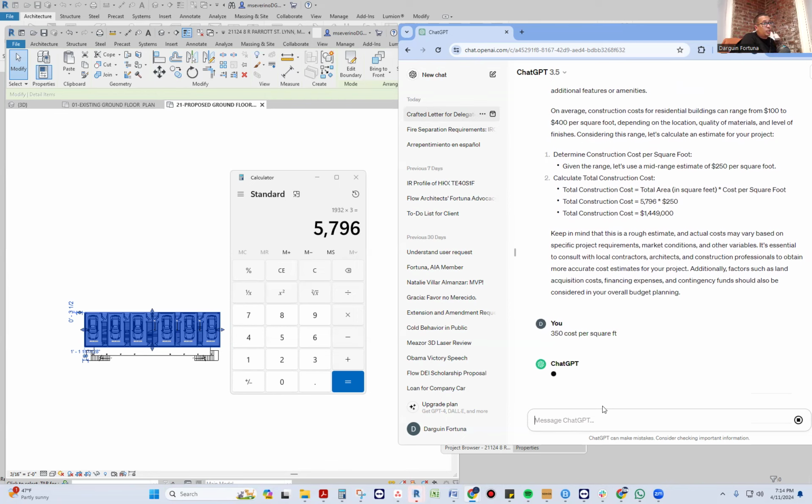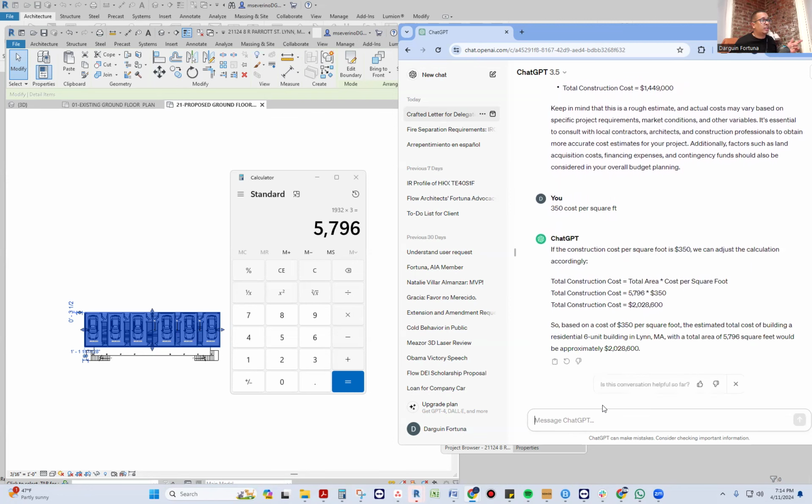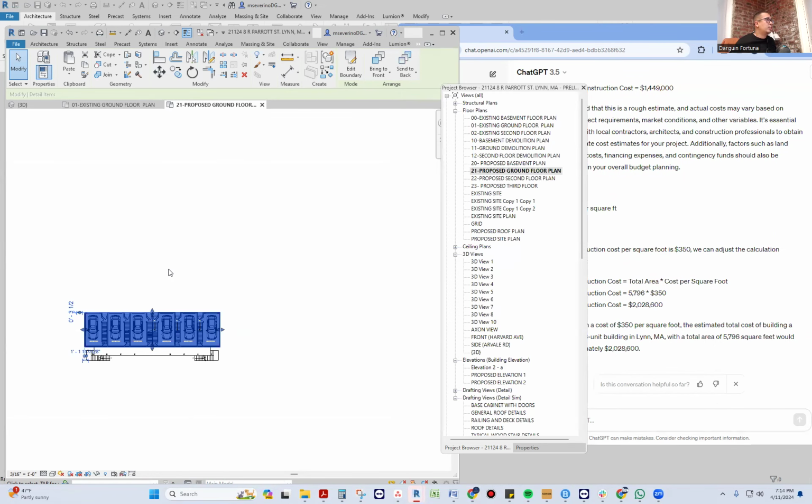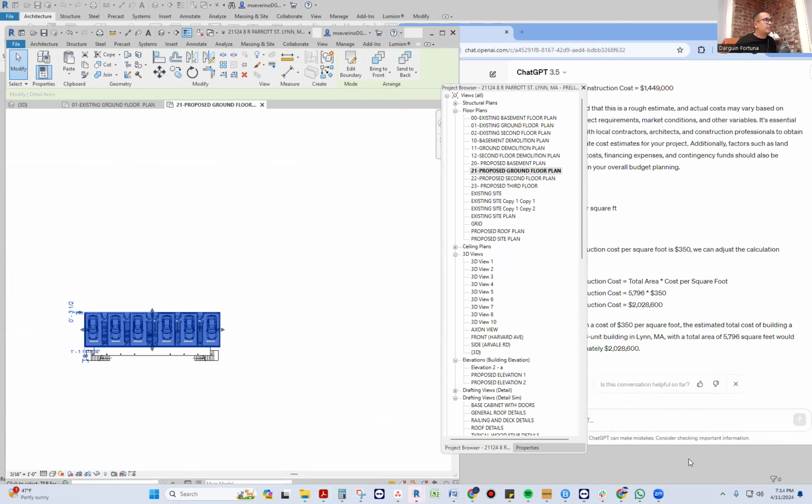By the way, this is something that you can look up right now. Like, what's the cost per square foot right now in this? This is 2 million. So this is going to be a 2 million. So for the Vavel project, you could just ask the team. By the way, I'm going to show you something else real quick. So for the Vavel project,